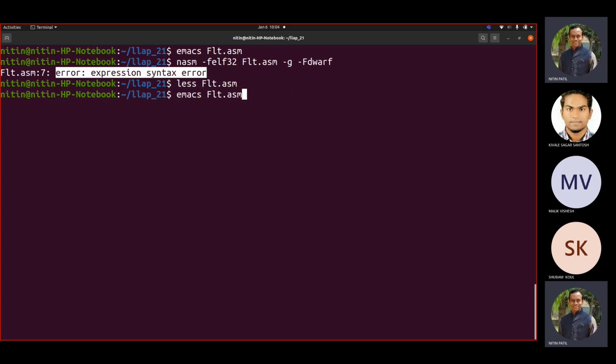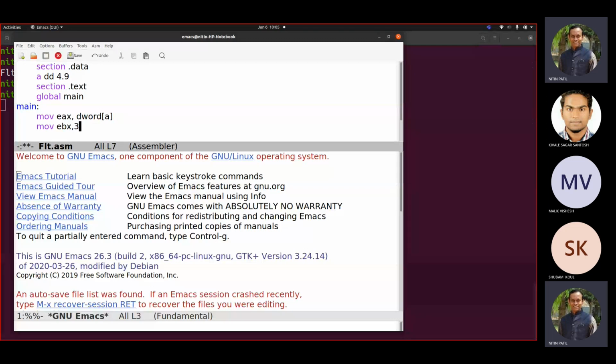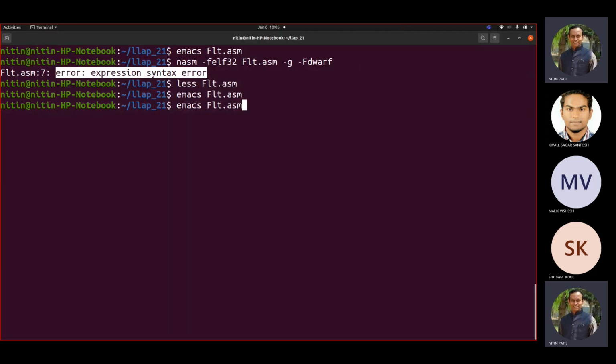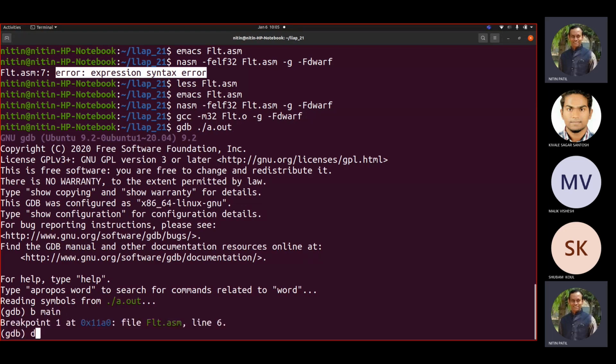Now if I remove that and simply write this again, let us see what happens. We got our code translated into object code. Then gcc -m32 flt.o -g -gdwarf, and then when we execute this, let us say break main, display $eax.